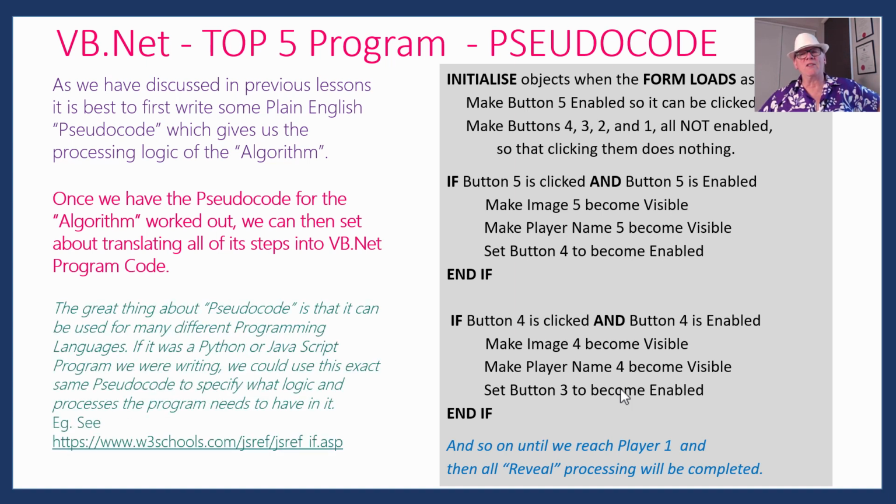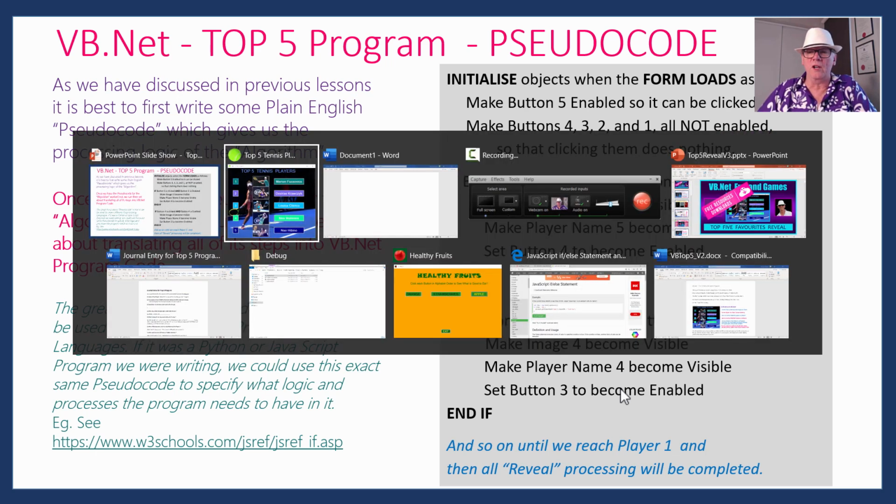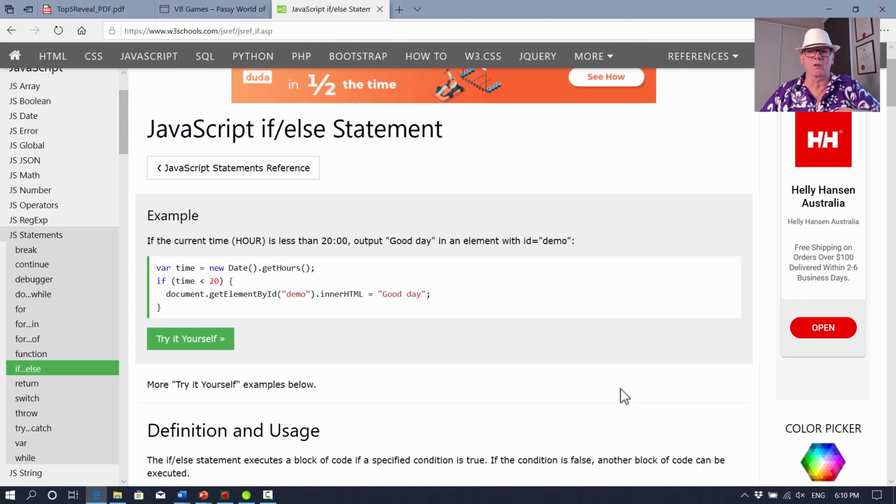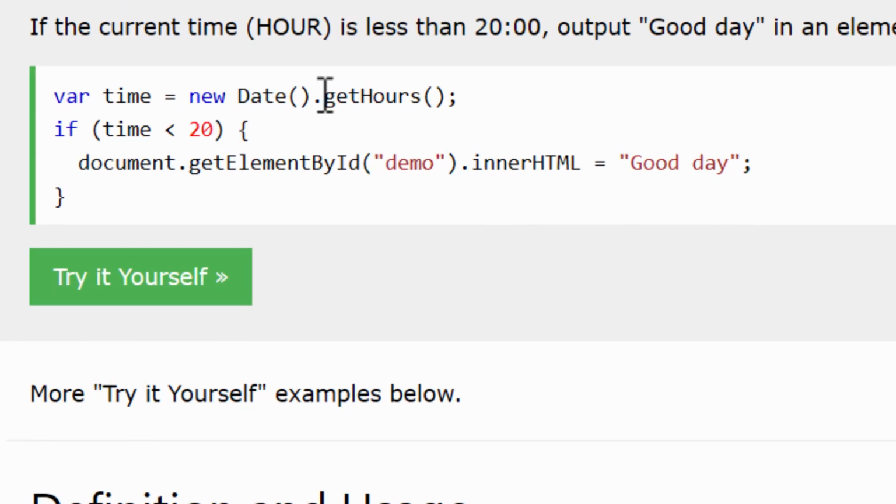All right, now the great thing about pseudocode is that it can be used for many different programming languages. So we could have this pseudocode, but we might be writing a Python program or a JavaScript program, okay? And just to show you, there's a link there, and we'll just go to that link to show you what JavaScript looks like. So this program here, they're going to check the date, get the date from what the time is on the computer clock,